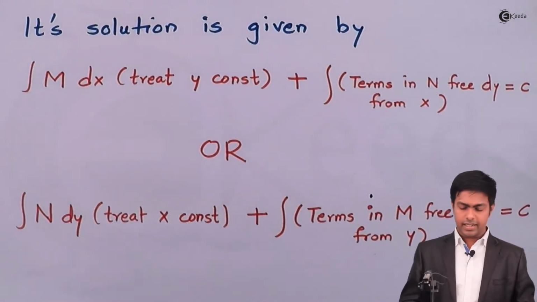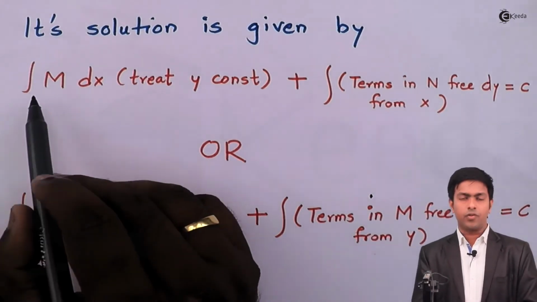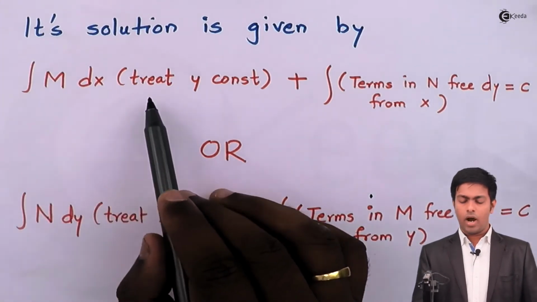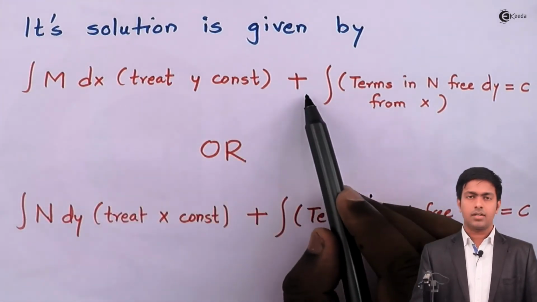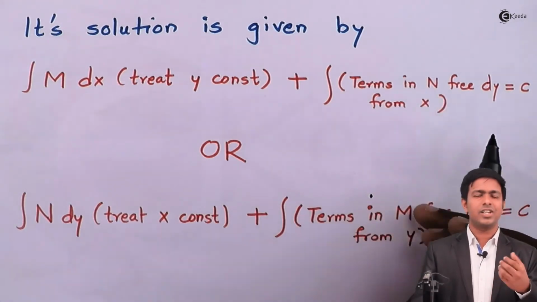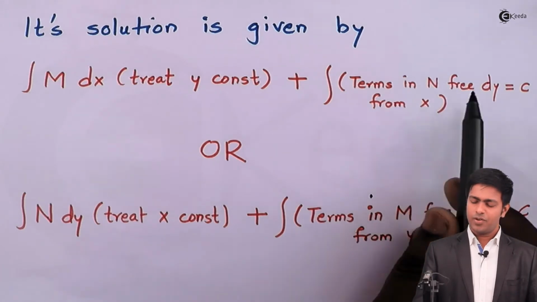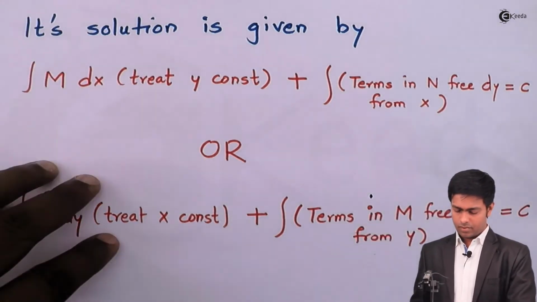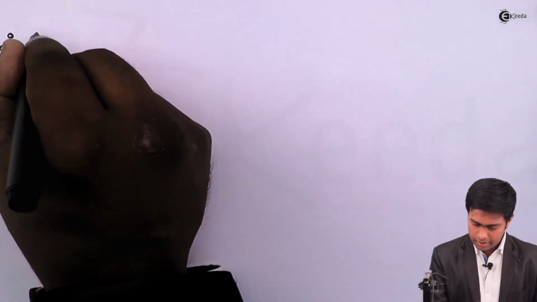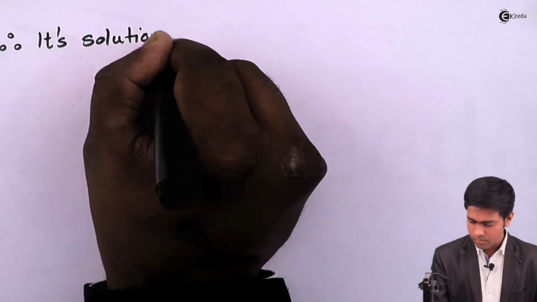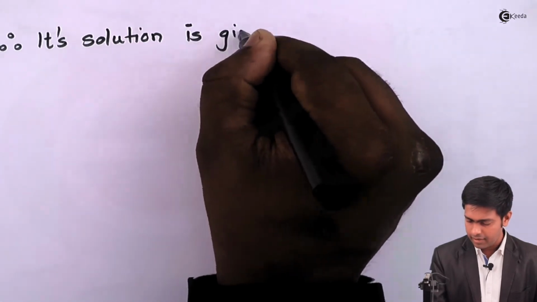Here you can see the first formula is the integration of M dx by treating y terms as constant, plus the integration of N, considering the terms which are free from x, with respect to y. So here, therefore, its solution is given by